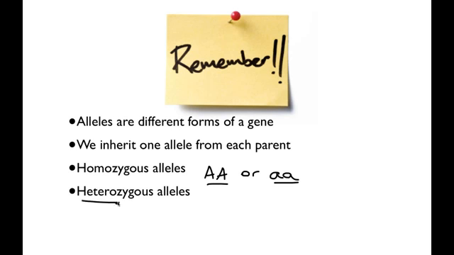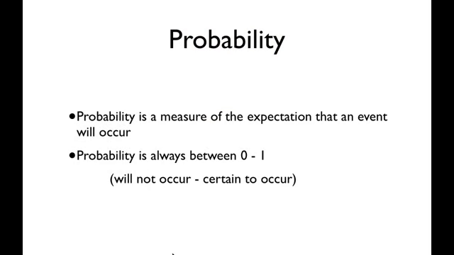The other option is that you might inherit one allele from one parent that's dominant and one allele that's recessive. So your alleles say different things, and we call that condition heterozygous. Hetero just means other. Okay, a lot of genetics has to do with probability, and probability is just a measurement